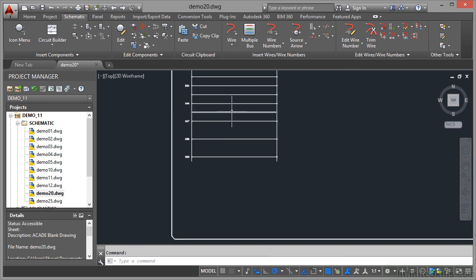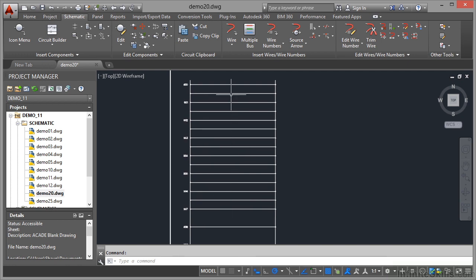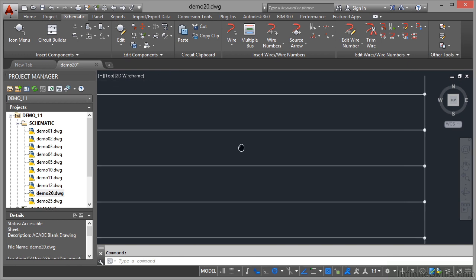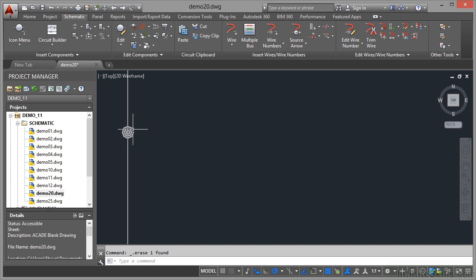Come out. Now we need to tidy up our ladder, because we've got rungs where we don't need them. So zoom in real close and make sure that you delete the rungs you don't need. There's no components on them yet, so you can just delete them in this case. So I select the rung, hit the delete key. Now you'll notice the connectors are left behind. That's because the project properties are set to insert that default connector, so make sure that you delete the connectors